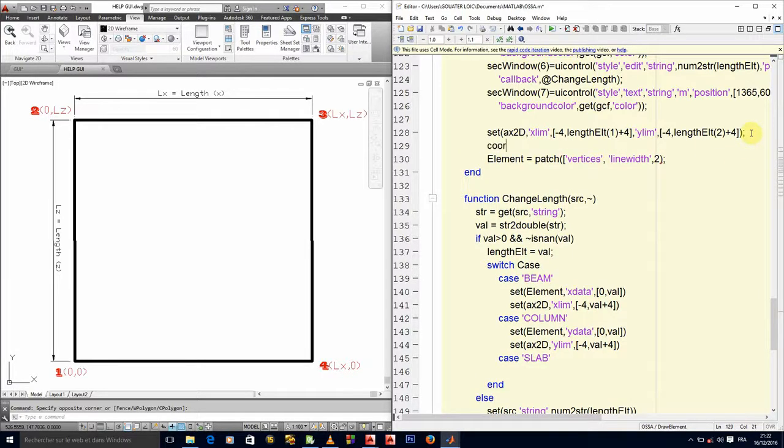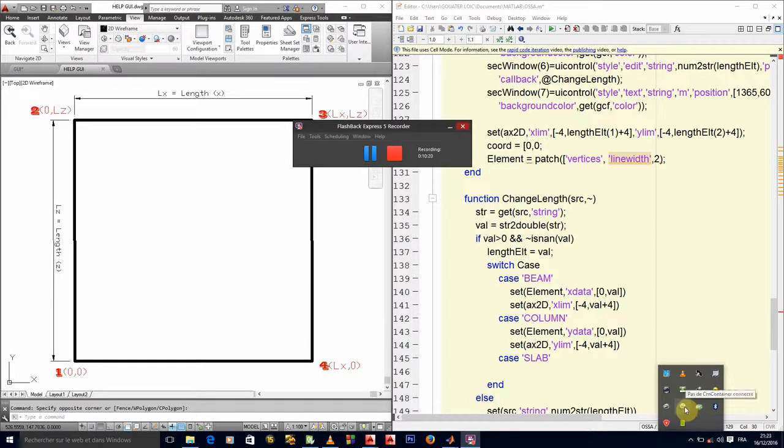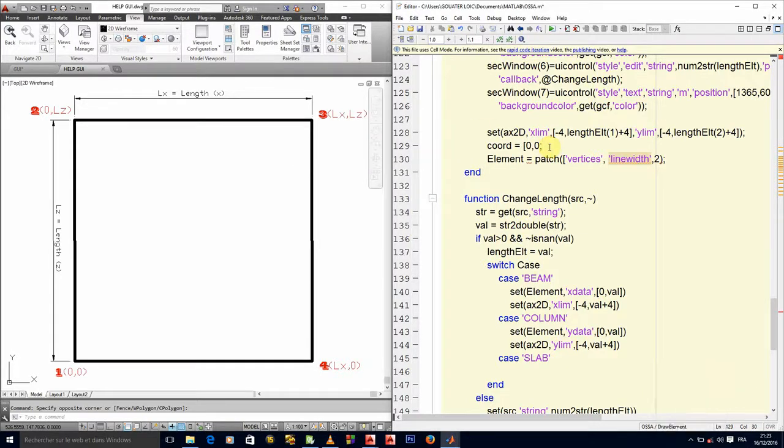We have coordinates to represent our vertices. So what will be the coordinate of the first? It will be 0, 0 always, the first node to draw a rectangular slab. The coordinates of the second will be 0, LZ.